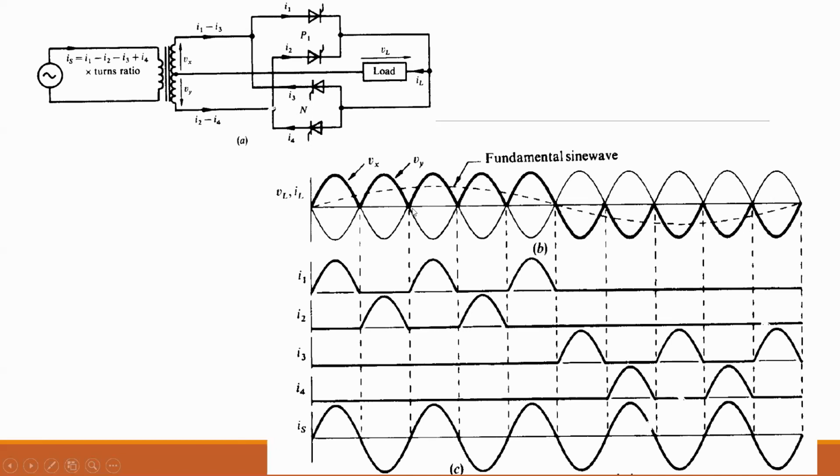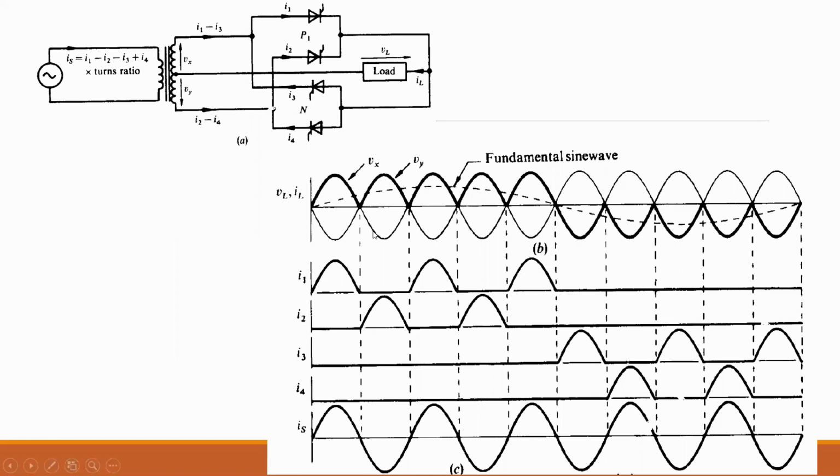But if we control it such that the input consists of 3 positive half cycles, then 3 negative half cycles, then 3 positive half cycles, the frequency will be some other number. If we control it such that the input is 2 positive half cycles, then 2 negative half cycles, then 2 positive half cycles, the frequency number will be changed. So by controlling it differently, we can convert the frequency to another number. We can step down the frequency to any number depending upon how we control it.